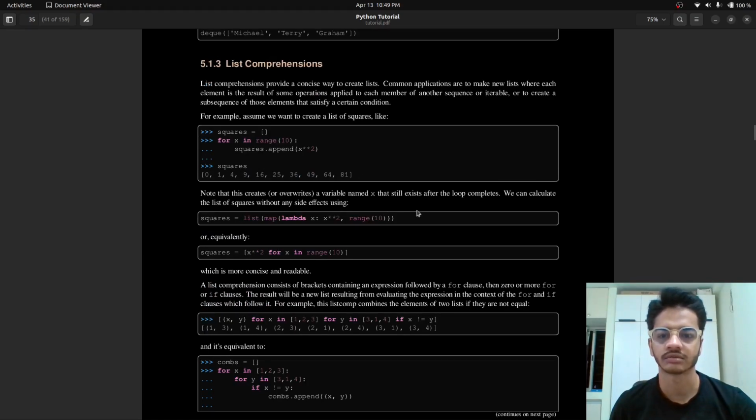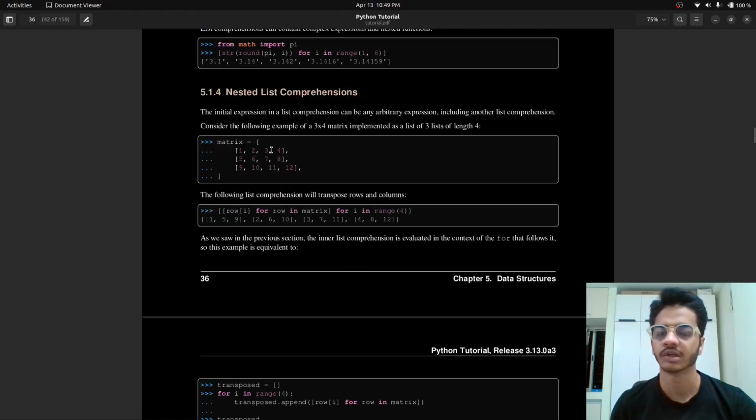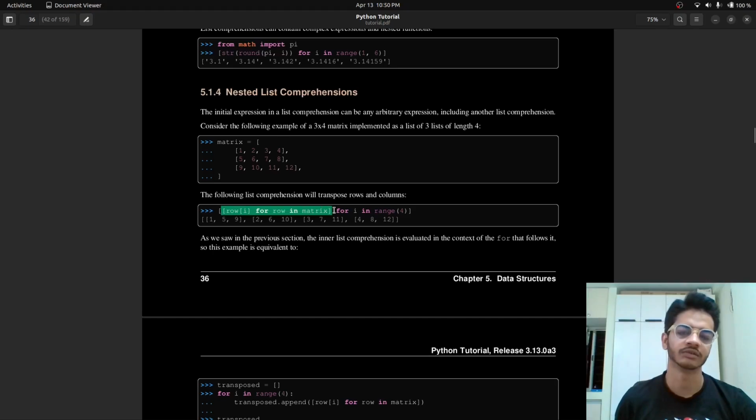So for and if statements which follow it, there can be multiple of them. And just before this, there can be any arbitrary value which is returned, including another list comprehension. So a list comprehension can return a list comprehension which then returns something else